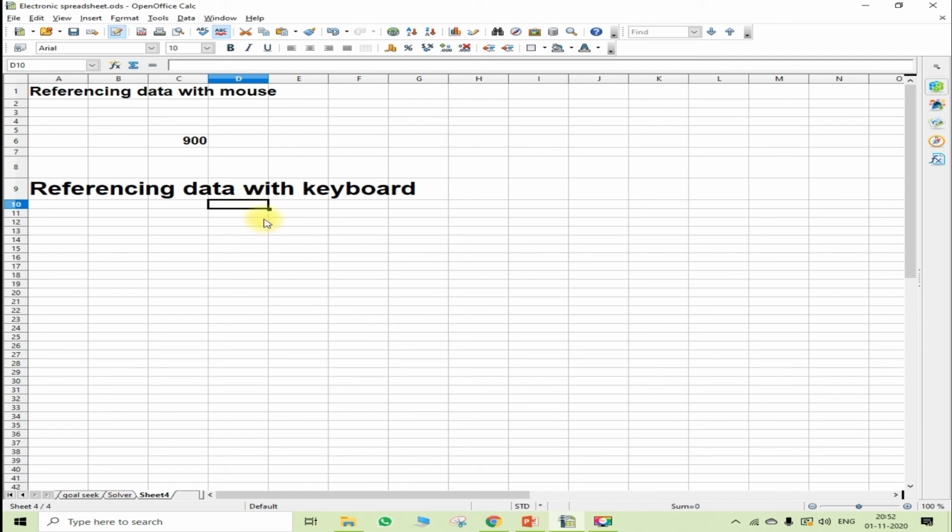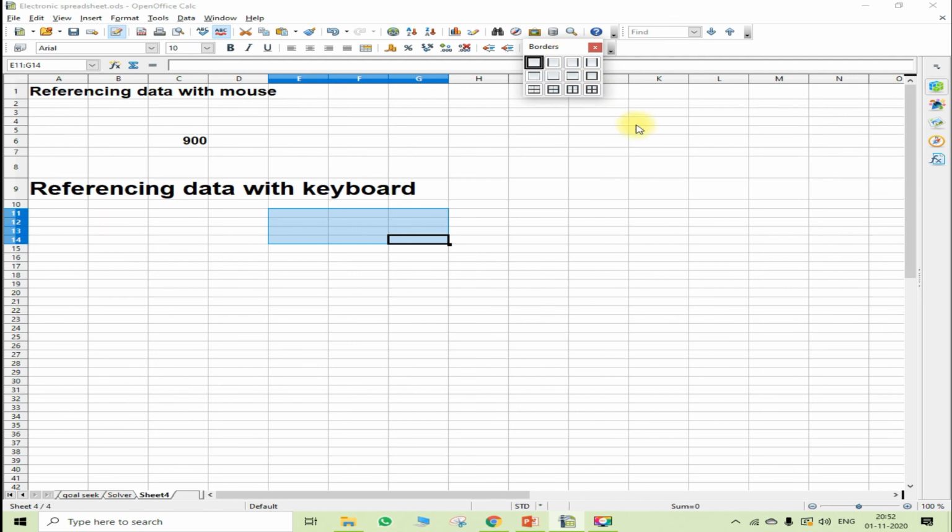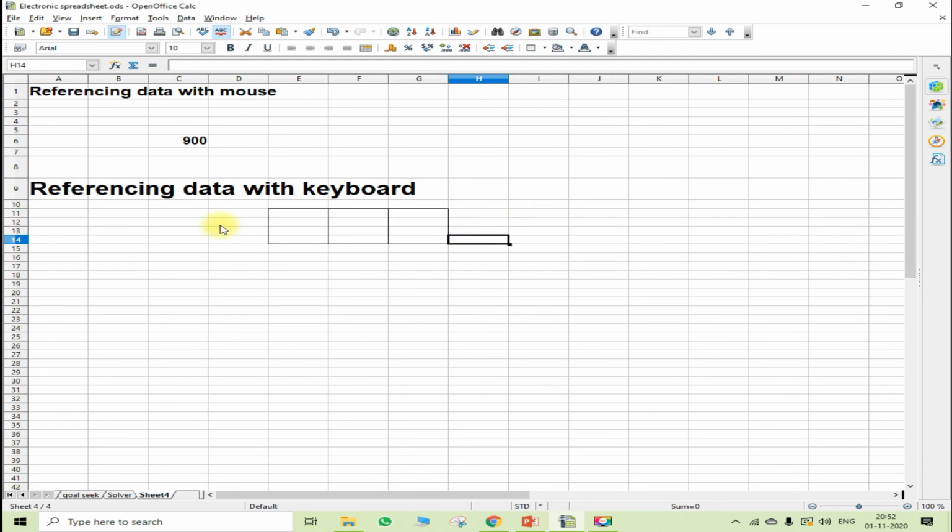Let's say this is your cell now. You have selected this cell. Let's make a border over here. You have selected this cell and now what you have to do is reference the data with the help of keyboard. Just type equal sign over here. After typing equal sign, just see here: solver dot B3.